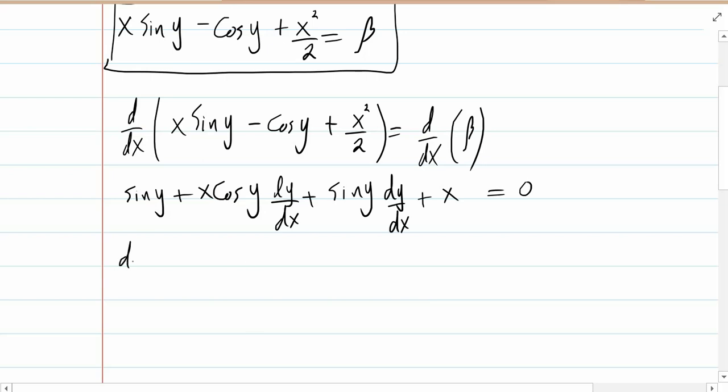Factoring out dy over dx, and sending the remaining terms to the other side,